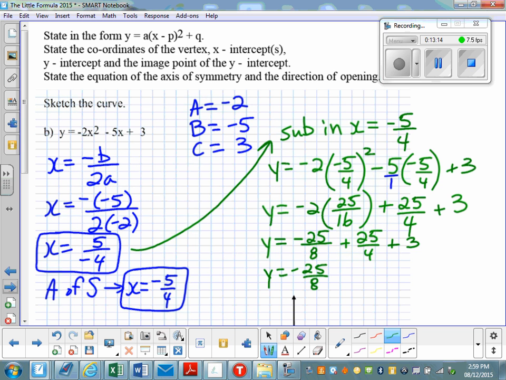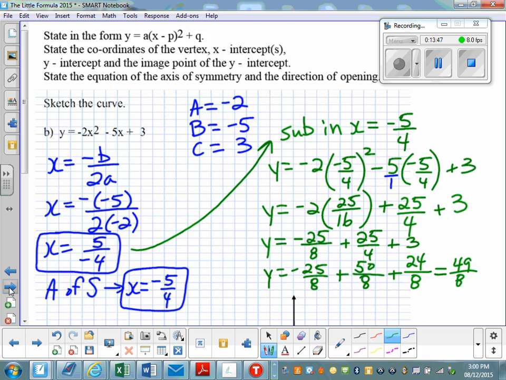So -25 over 8. If I change 25 over 4 so that it's 8 on the bottom, I'm going to have to double the 25 to 50. And if I make this an 8 on the bottom, I'm going to have to make that a 24 on the top. So what I end up with here, when I add those together, -25 plus 50 plus 24, I end up with 49 over 8 as the y value. So that means then that our vertex is going to be -5 quarters